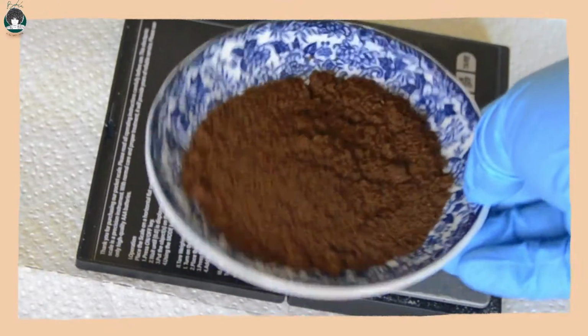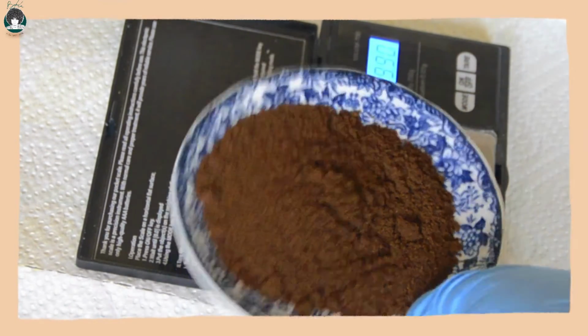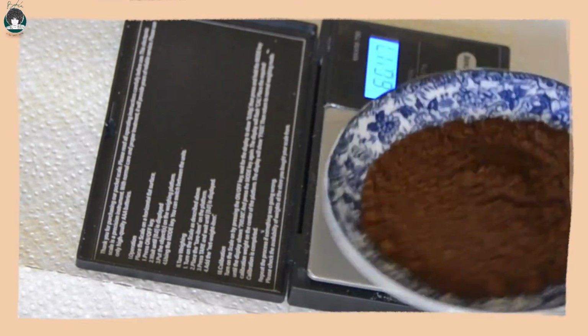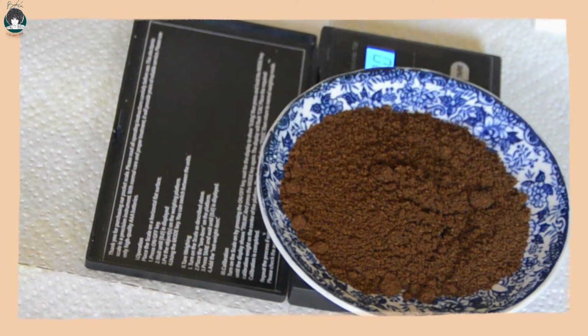I'll also be using coffee grounds for this recipe. Coffee contains beneficial properties that can help prevent water loss. The caffeine in coffee stimulates hair growth and also helps prevent water loss, transepidermal water loss. So when you apply this mixture to your hair, it's going to help improve blood circulation that will promote a